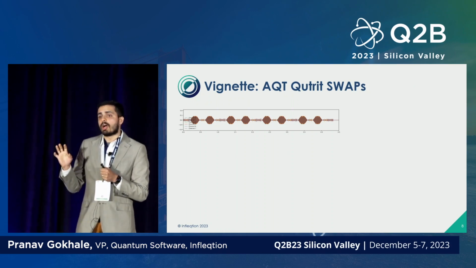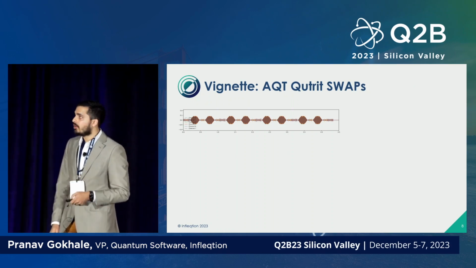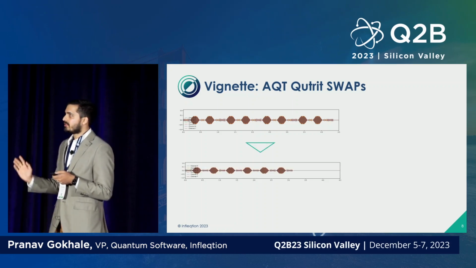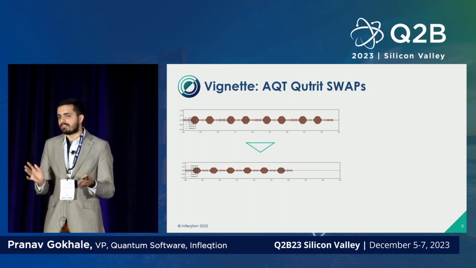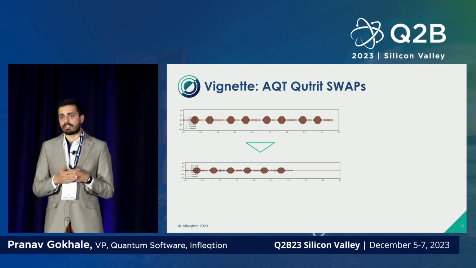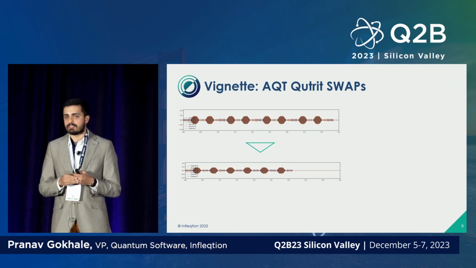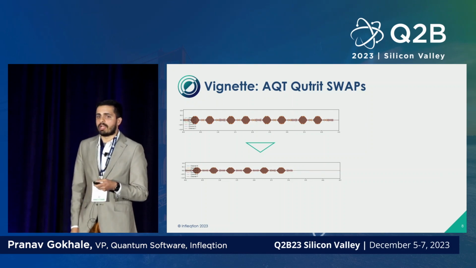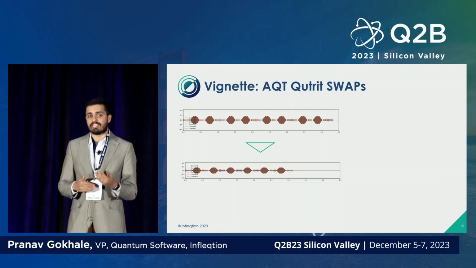That was with our optimizations turned off. With our optimizations turned on, there's two things that happen. The first is that the entire pulse train is happening about 30 to 40% faster. And that's really important because especially for Q-trits, the lifetime of these states is very low. The second piece is that each of those humps are now better aligned with the native gate set of the